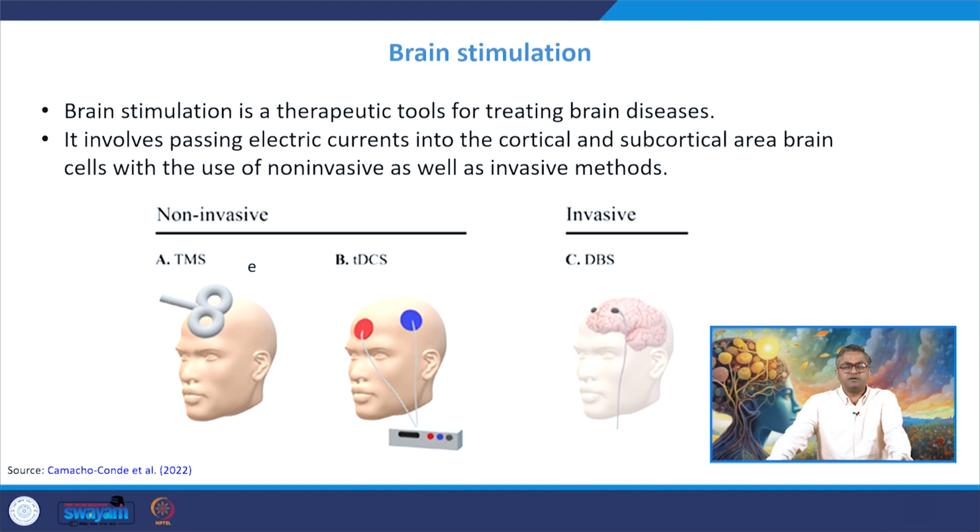So neurostimulation seems to be a very good method, and in brain stimulation, two types of neurostimulation procedures are commonly available. One can be seen as non-invasive, another as invasive in nature. In non-invasive and invasive also, there are two types, one based on electrical principle, one based on magnetic principle. Based on magnetic principle, transcranial magnetic stimulation; based on electrical principle, tXCS. XX stands for transcranial alternating current stimulation, transcranial direct current stimulation, transcranial random noise stimulation.